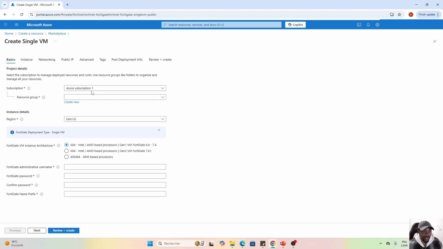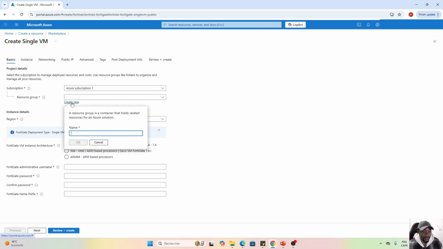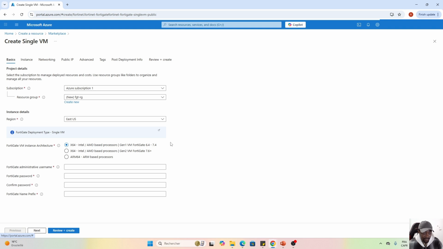From here, here's our subscription. We need to create a resource group. So from here, I will set FortiGate resource group, make it simple. Say okay. Then I also need to select which architecture for the FortiGate I want to